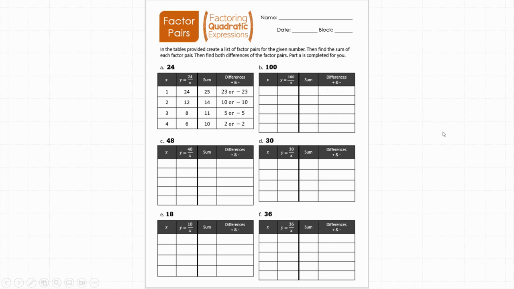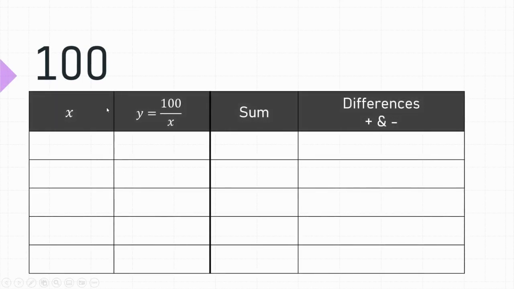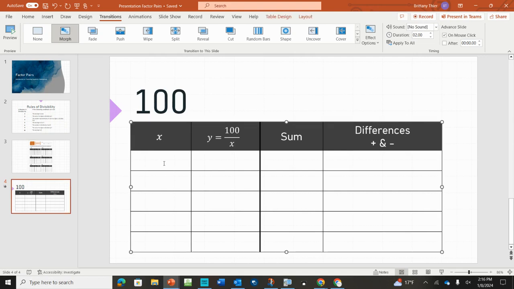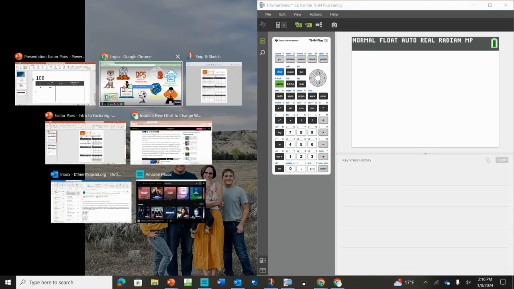Okay, and I will explain here. So for 100, I'm going to erase this here. So each number is always divisible by 1. So 1 times 100. So 1 in itself, we're always going to start with 1 in itself for every number. And then a quick way to find these list of factors is we're going to use our graphing calculators to help us. So